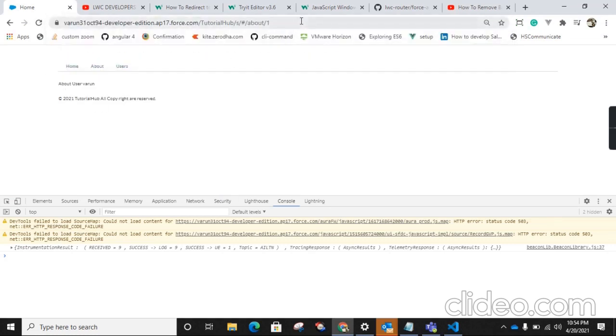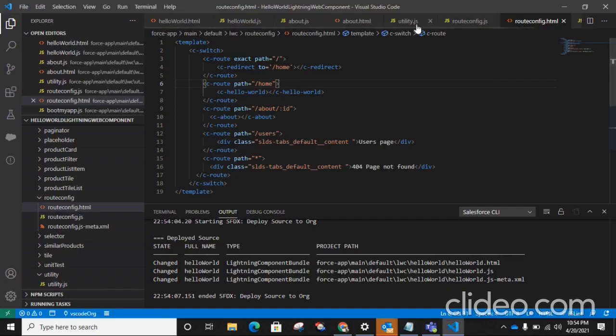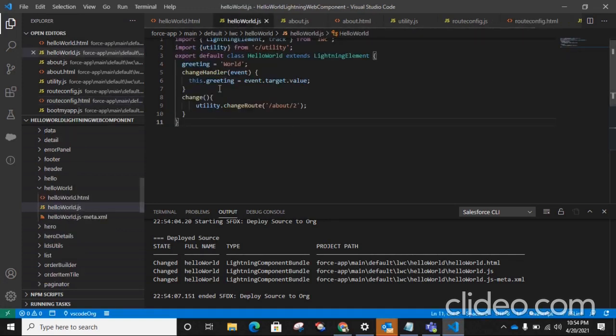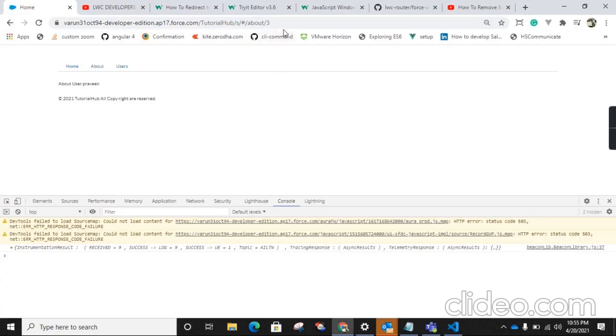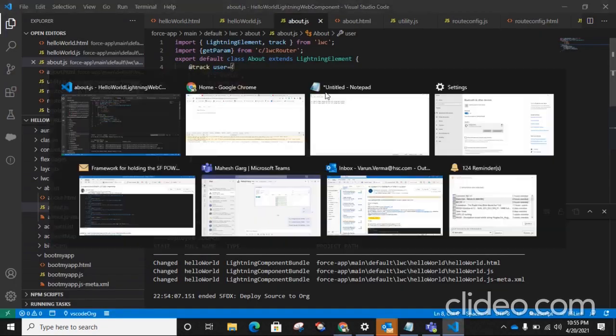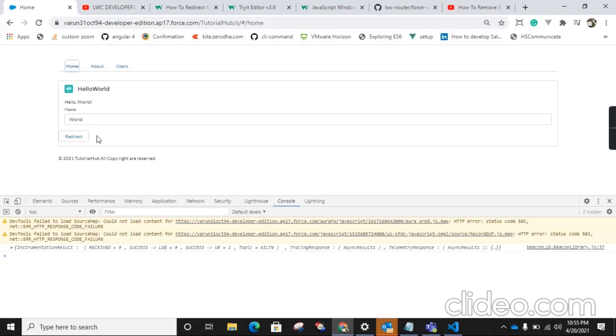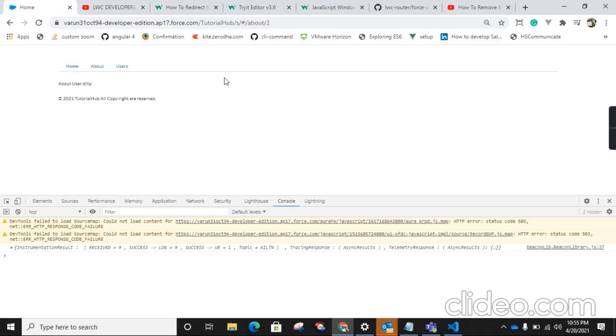It can show the name for 1 Varun, 2 Delete, 3 Praveen. So you can check it here in about JS: ID 1 Varun, 2 Delete, 3 Praveen. Let's check it with the redirect function.